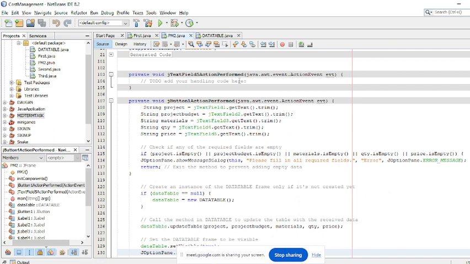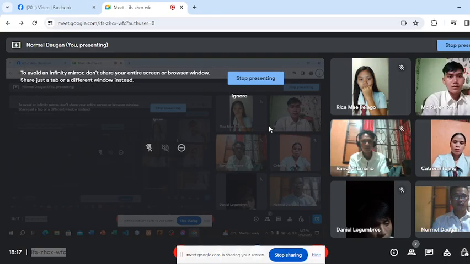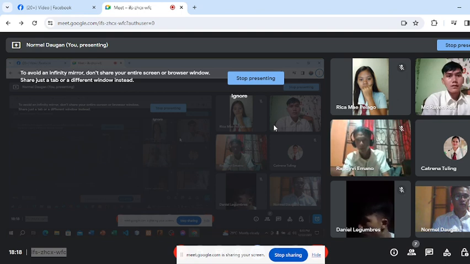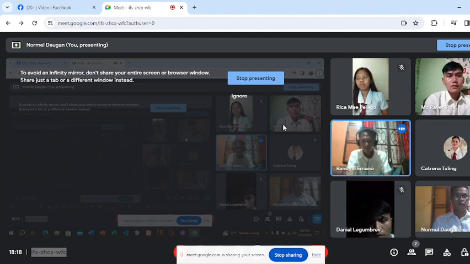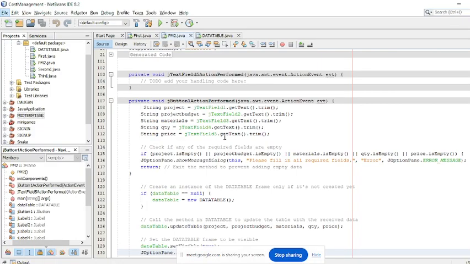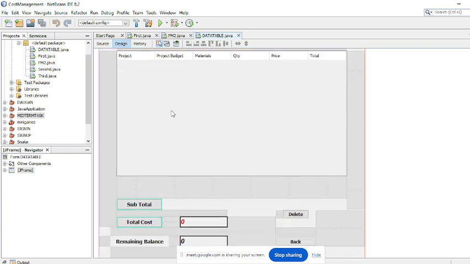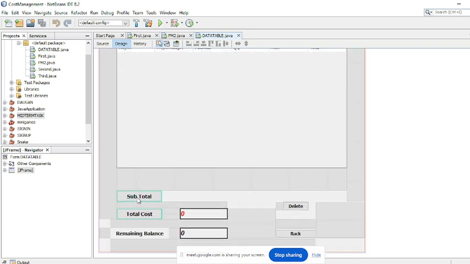Now here in the JTable, we add 4 buttons. JButton 1, button 1, is the subtotal. When it is clicked, it retrieves the default table model